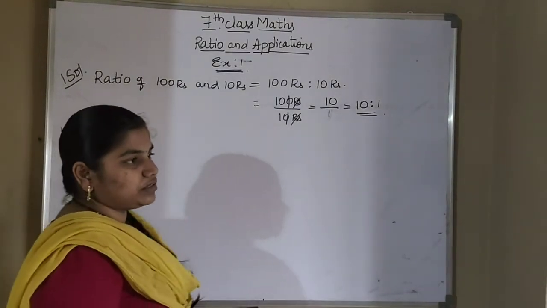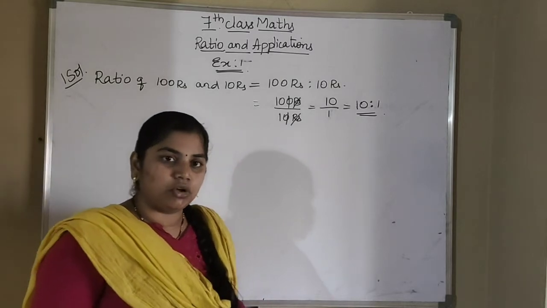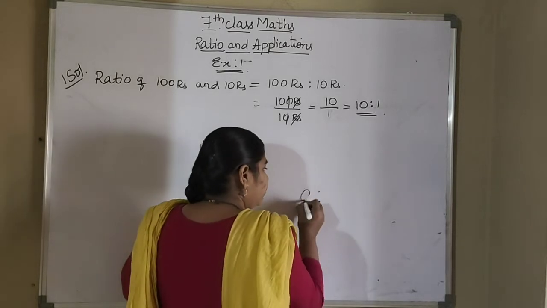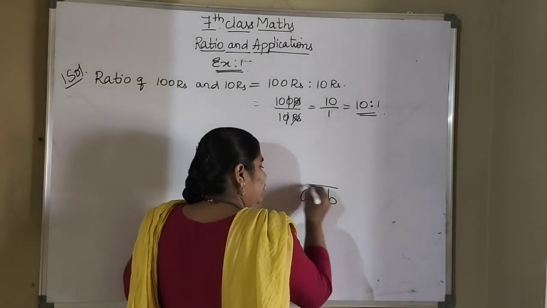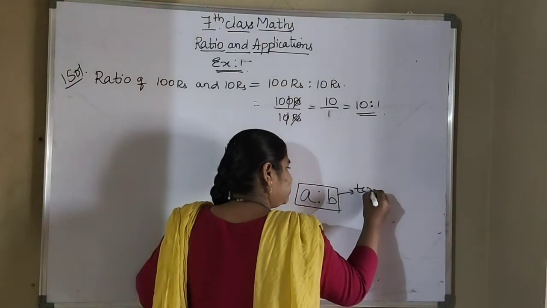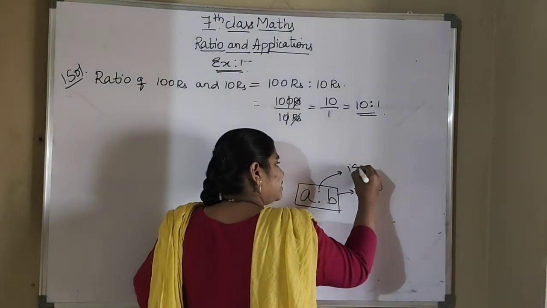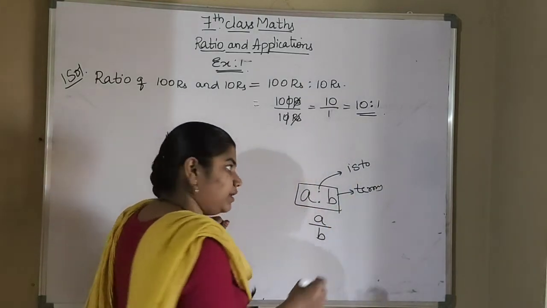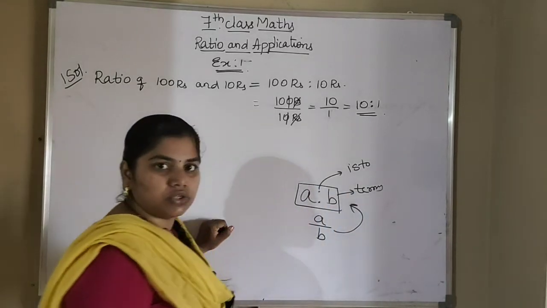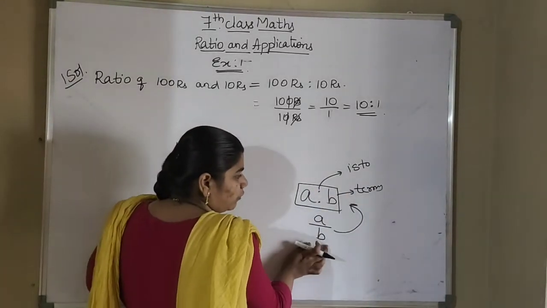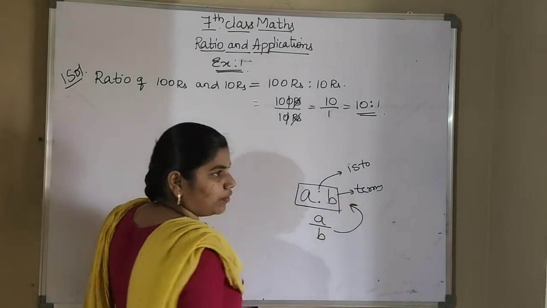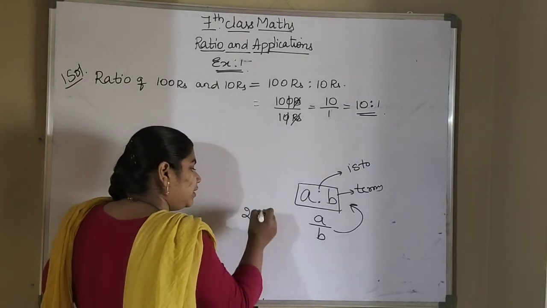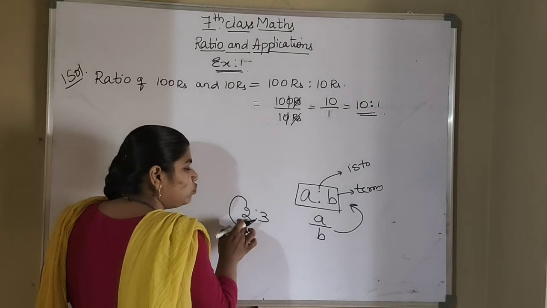Okay, again listen, what is ratio? Ratio is nothing but comparison of two quantities. Ratio is denoted with two dots. We will write it in this form, that is A:B. These A and B are our terms and these two dots we will read as 'is to'. This ratio can also be written in the form of a fraction and this fraction can be converted into a ratio also. Okay, ratio can be written in the form of a fraction and a fraction can also be written in the form of a ratio.